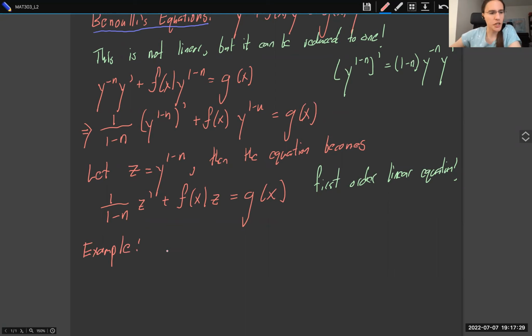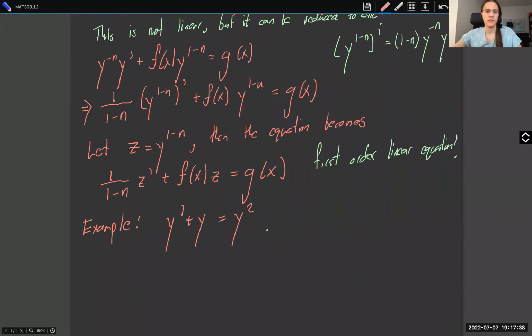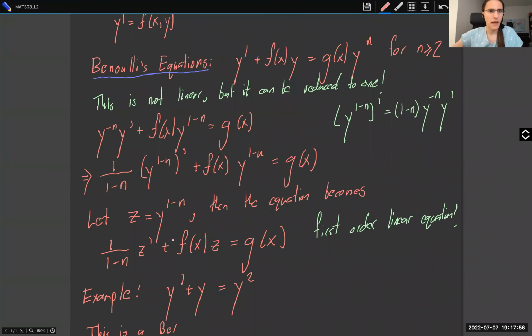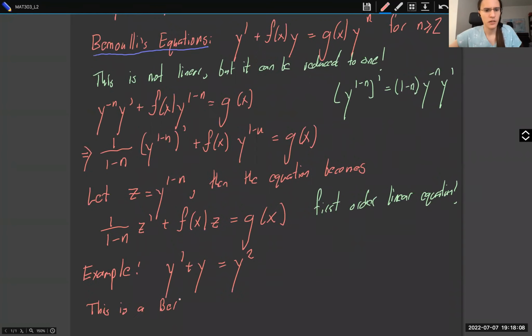So let's consider the equation y prime plus y equals y squared. How I would solve this equation: this is a Bernoulli equation. How do I spell it again? It surely is an R. I surely missed an R. B-E-R-N. Equation